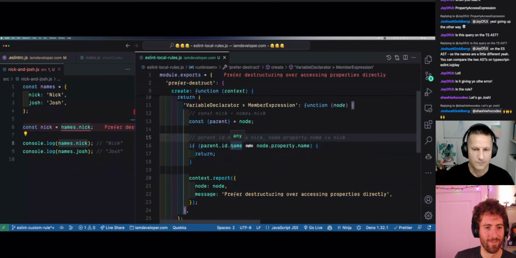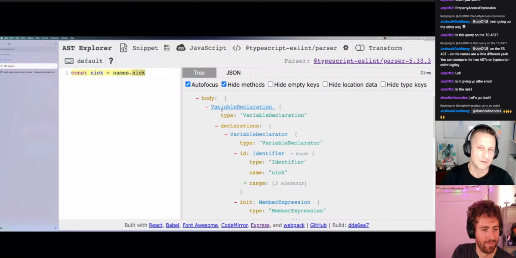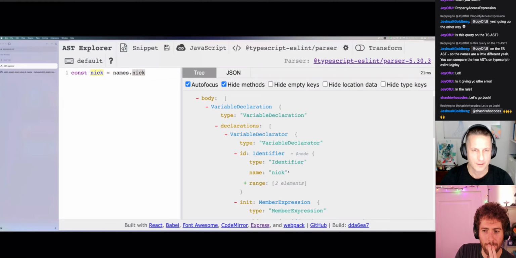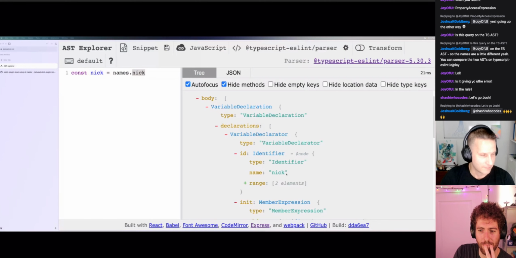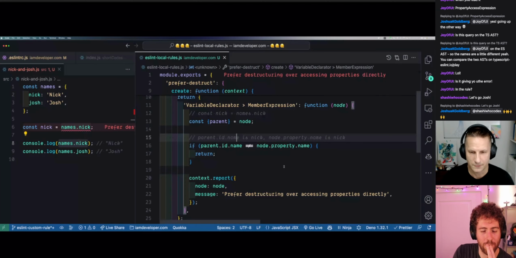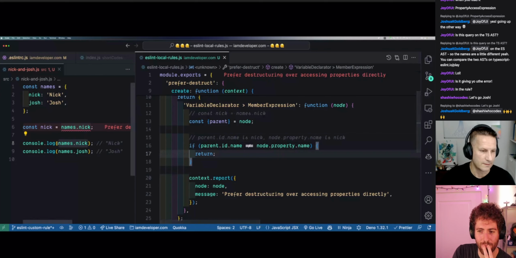So a couple things. One, I did not read this through properly. So it's like you said, it's parent.id.name. That was just me not reading through it properly. Had the idea, the concept, like you said, but not perfect. But okay, I like this. Already we can see it's allowing this